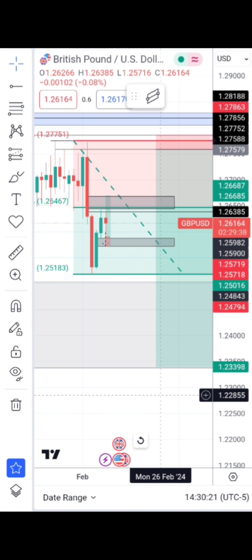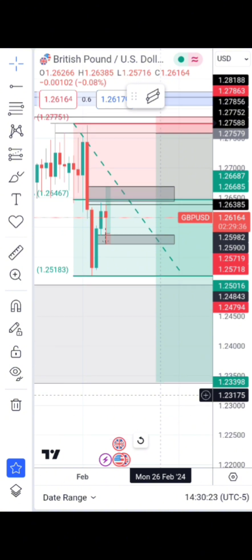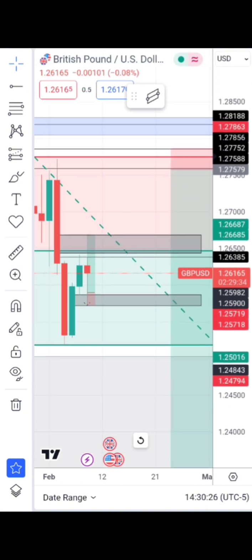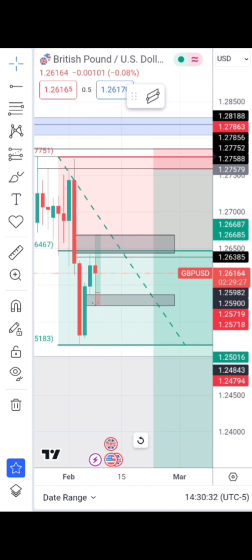So looking at GBPUSD currently on the daily time frame as it stands, it is retracing, heading for the equilibrium. The premium and discount array I have highlighted, so it's heading for the premium level on